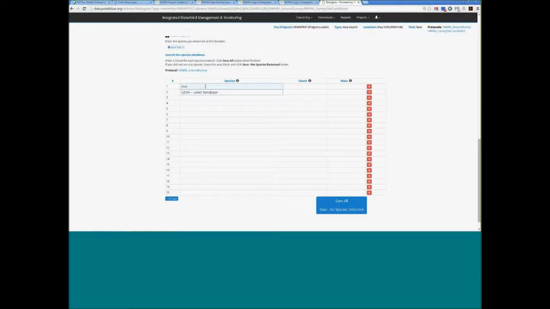So we can enter leaf sandpiper. Once we put the code in, it shows us the full name, and we can put our counts. And we can keep doing that. If you're setting up a new project or a new study area, or you come across a species that has not been encountered before on that survey unit,